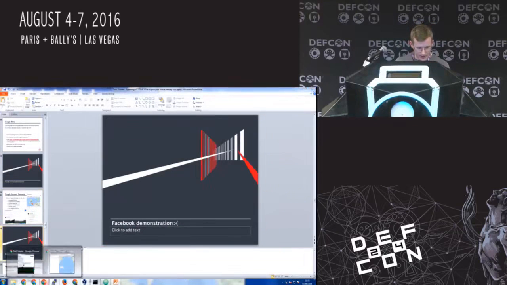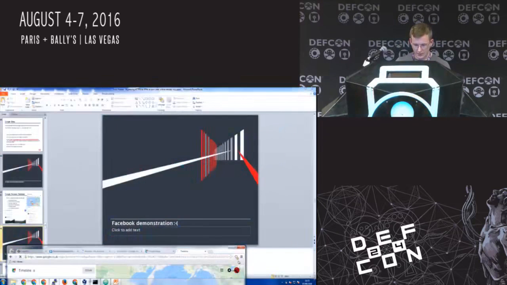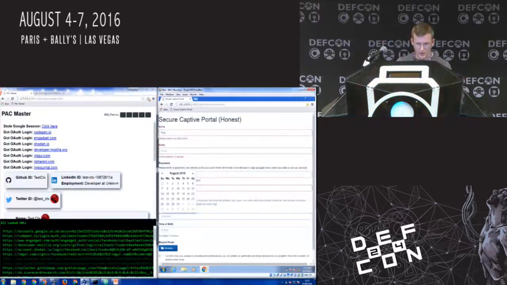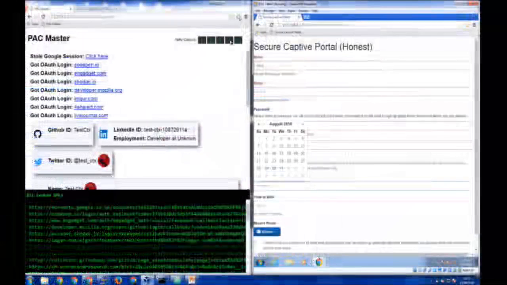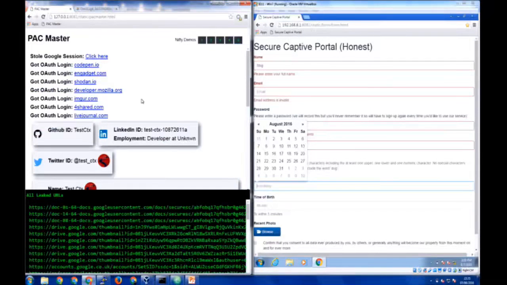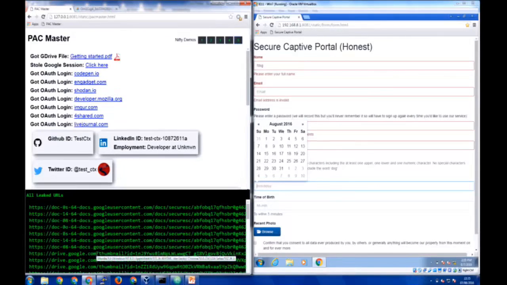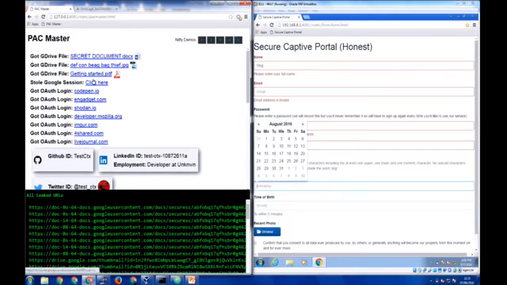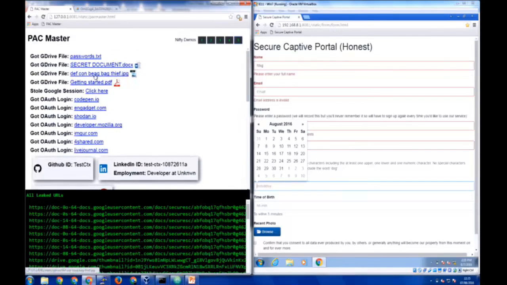Right. Okay, get rid of that. So Google Drive, click the last button. And hopefully we'll see some stuff pop up. There we go, so you can see all the URLs going through at the bottom. And now the attacker server is going to download those to the server. And then we can load some of these things.